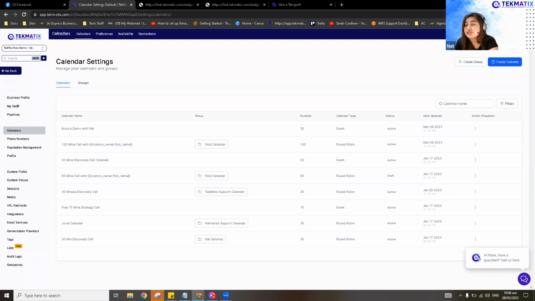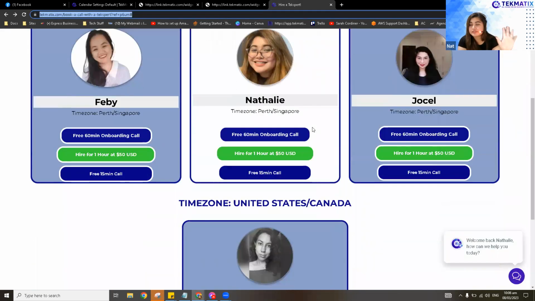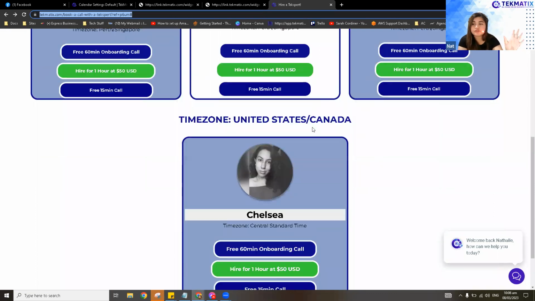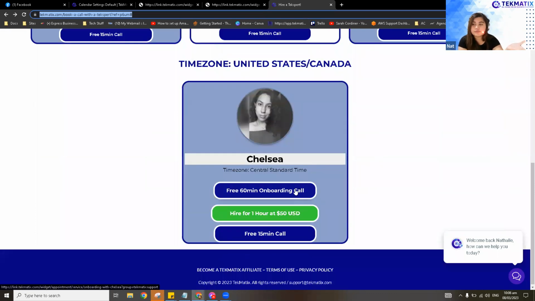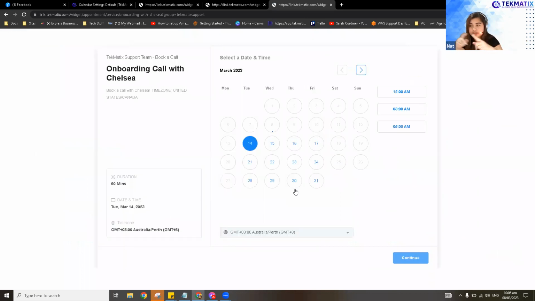Calendar customization can be done on a landing page if you want a customized looking page for your booking. Another example is our hire expert page, which is basically a booking page for our clients. When you click on the specific button right here, it will automatically redirect you to that exact booking widget on a booking calendar. Please let me know if you have any questions.